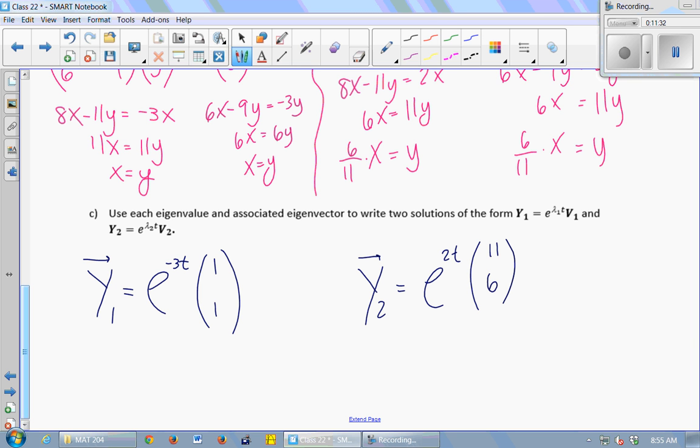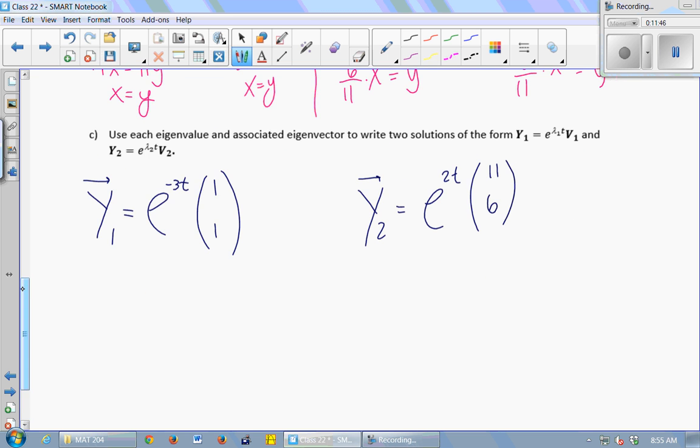You can either leave it like that. There's a lot of notational choices that you have to make at this point, and they are choices. There isn't a right or wrong. You could circle that and be done. Or sometimes you might find it clearer or making more sense to you, and not necessarily to other people, to distribute this constant that's out front, the e to the negative 3t. You can multiply it times both components of your vector, e to the negative 3t, e to the negative 3t,